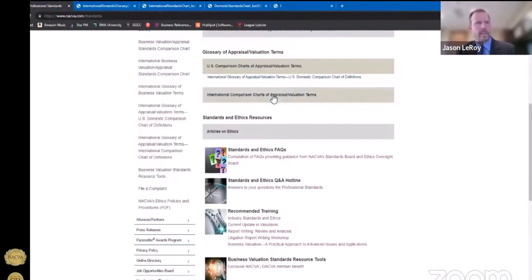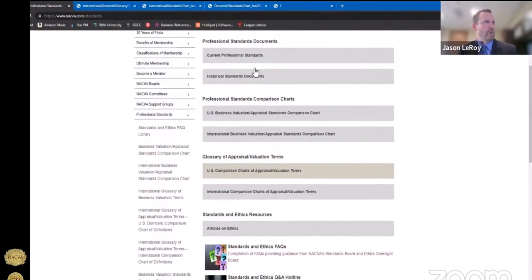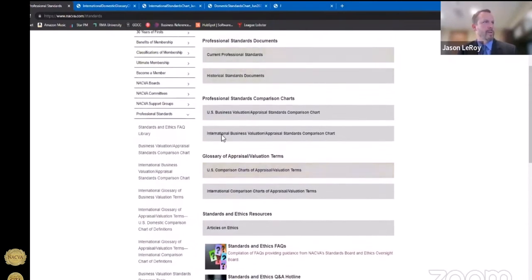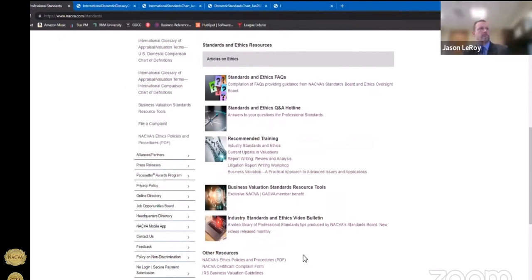And then there's an international one as well. So these resources are probably the most known and most, I would say, viewed of the resources that the standards board is kind of in charge of. But there's a few other ones down here that I think are great resources as well that I don't think I was fully aware of how much was here until, like I said, I was looking to apply to the